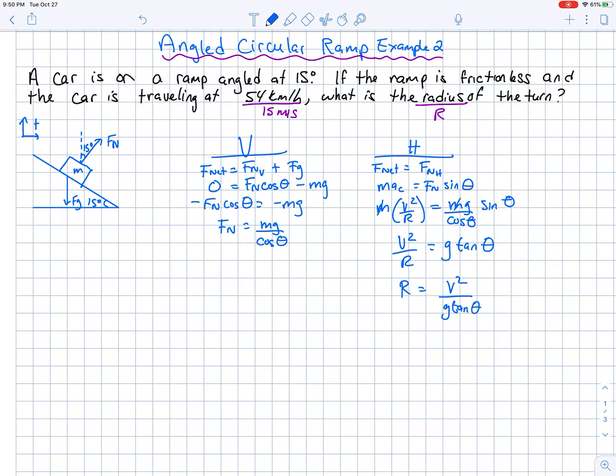And from here, we're going to rearrange for r. So r is going to be equal to v squared over g tan theta. From this point here, well, we know the velocity is 15 meters per second. We know gravity, 9.81 meters per second squared, and we know theta is 15 degrees. So once you go ahead and substitute that in, you're going to solve, and you will get a radius of